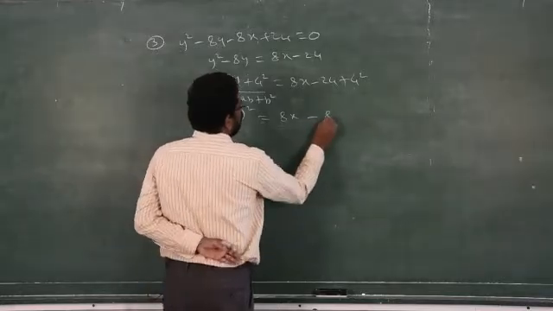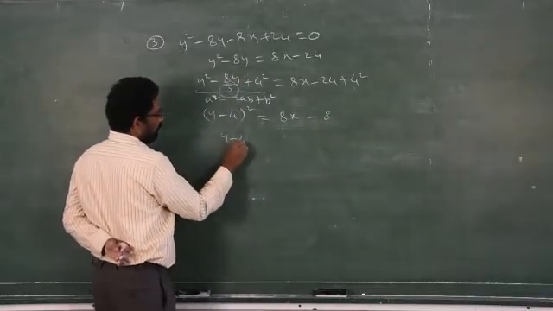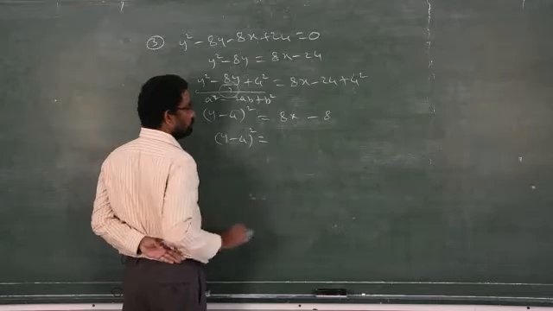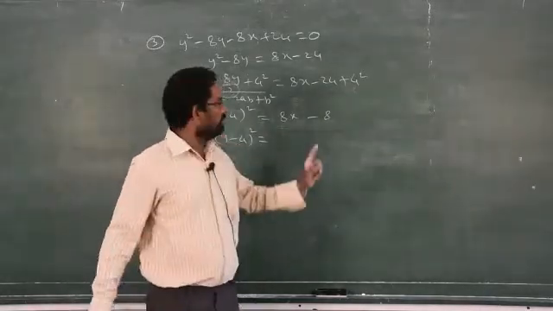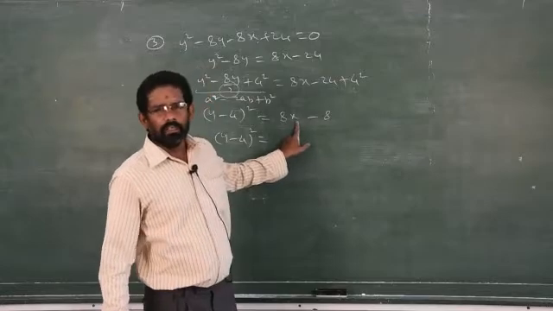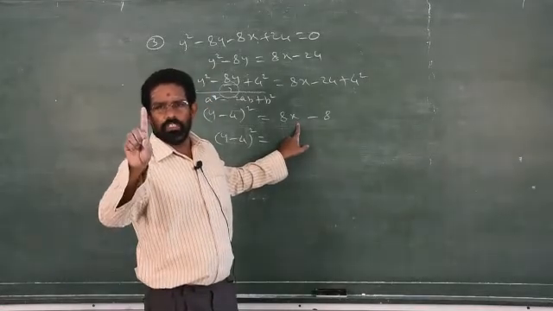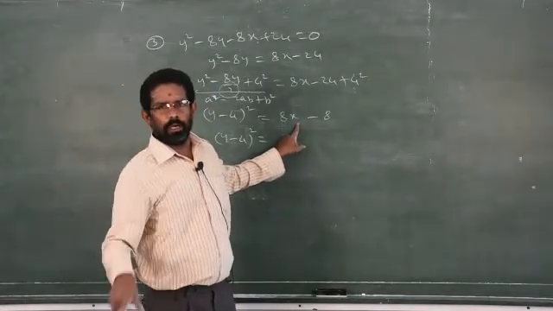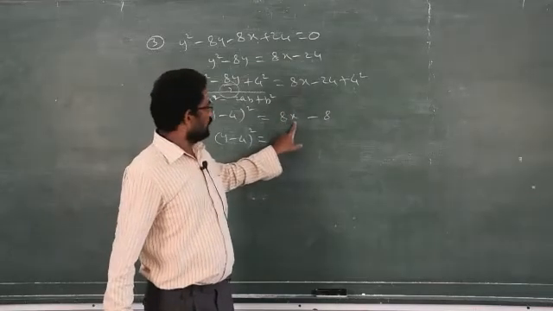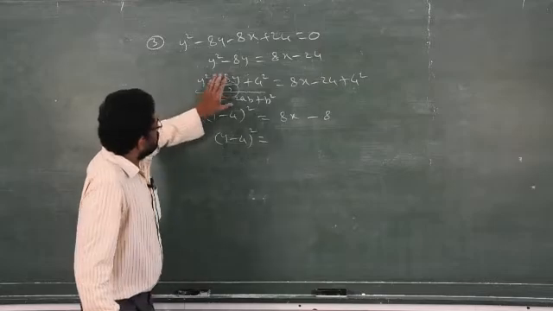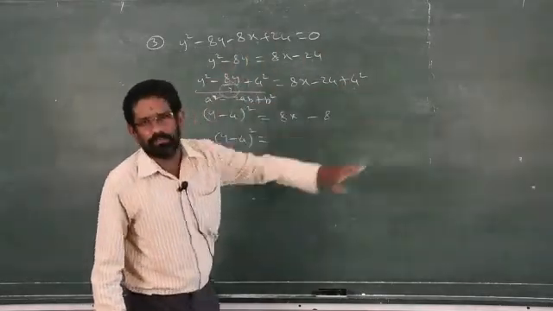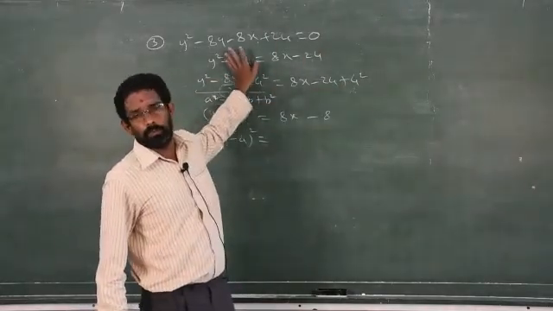What will be the answer? Minus 8. So y minus 4 the whole square is equal to minus 8, and boys remember, no constants are allowed along with any variable on the right side. Clear? It should always be 1. The coefficient of x will always be 1. Sometimes you may have x square and y. So you keep x square on the left side and take the y variable to the right side, depending upon which variable has power 2.